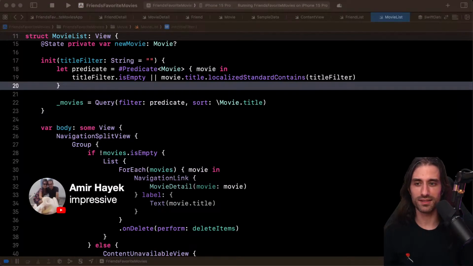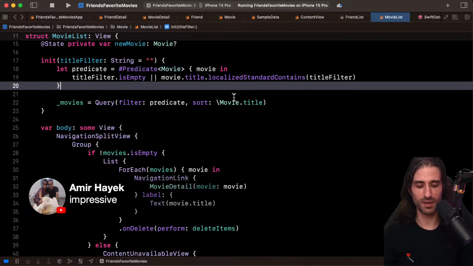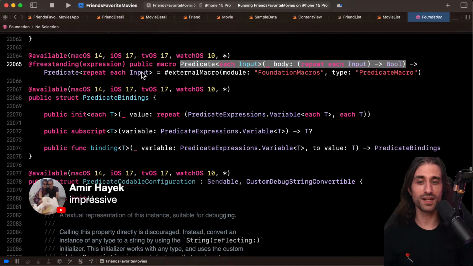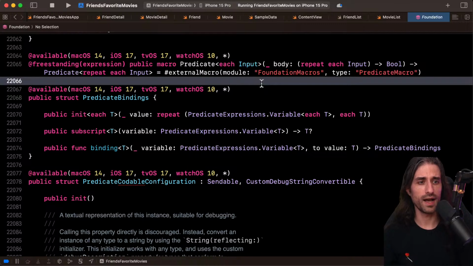And yeah, I agree that the word impressive can definitely be used here. It's not an overstatement. And do we have access to the code? Actually, no. I don't think so. I was about to say I don't think so because it's part of SwiftData, but here it seems that Predicate is actually part of Foundation and not SwiftData. So I'm not sure whether you have access to it or not. Foundation is still not open source though, so I don't think you can access it.